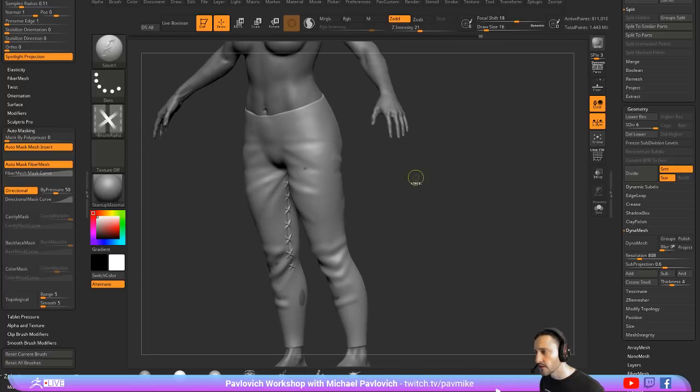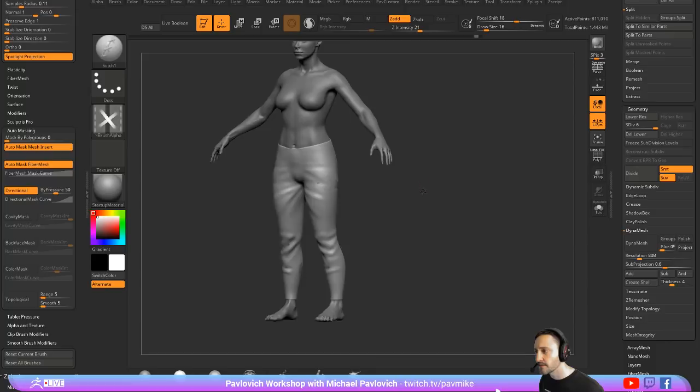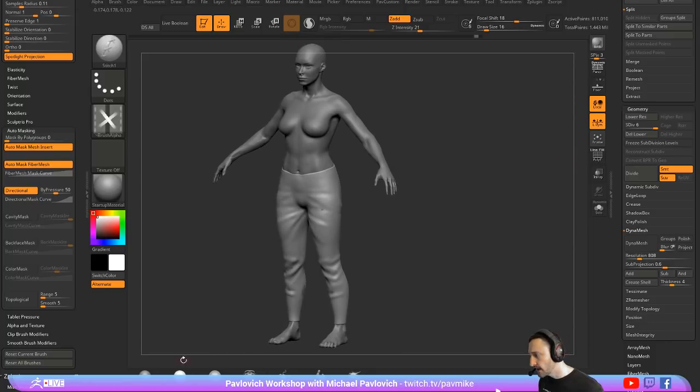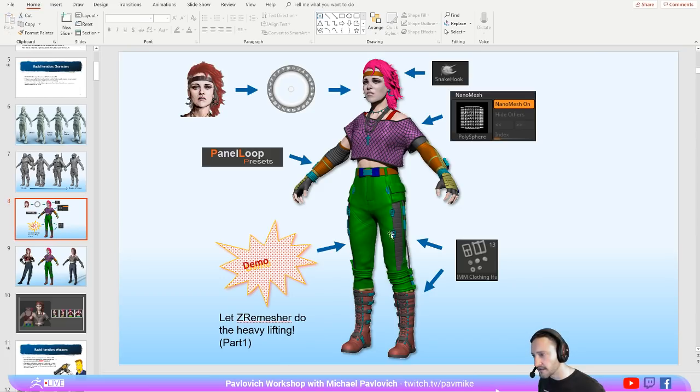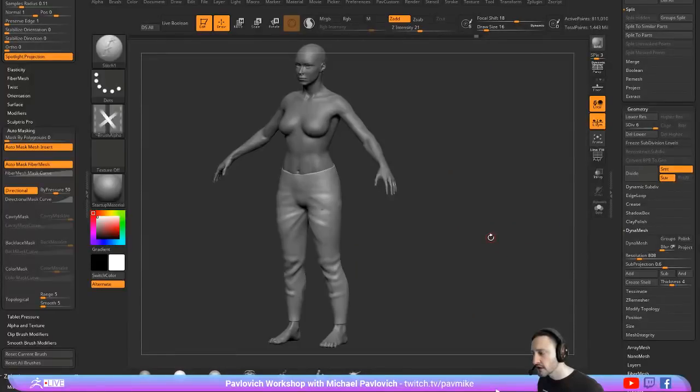So all that good stuff. So again, this is just quick concept-y stuff. So if I go back here, you're going to see this pair of pants is exactly how I made that, just really quickly. These little tube pants over here,